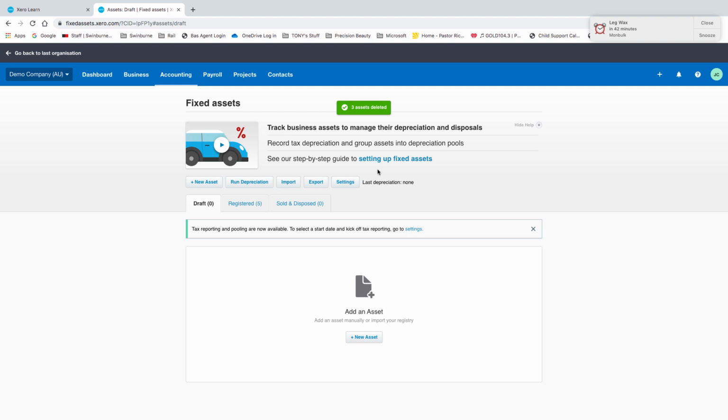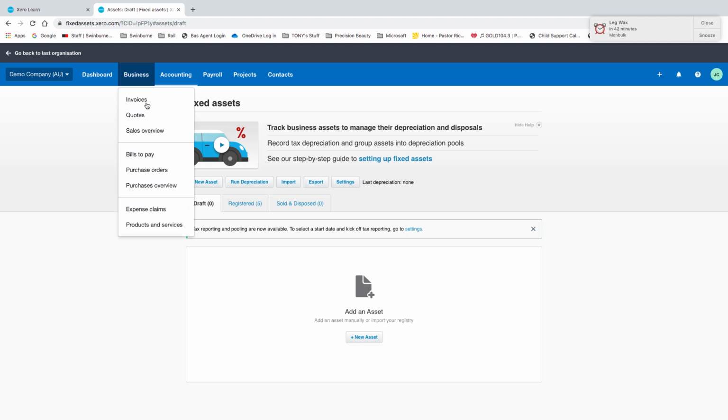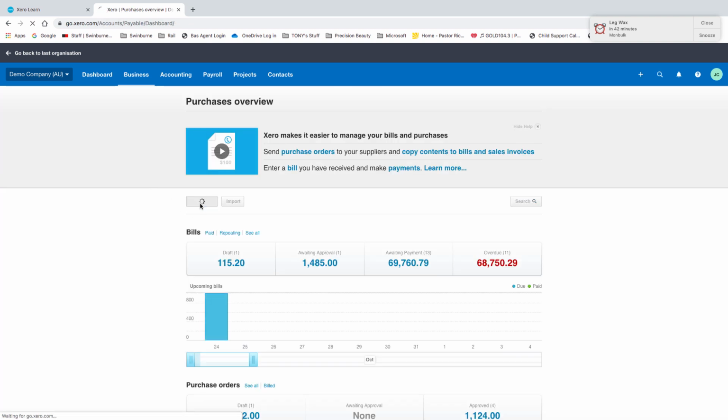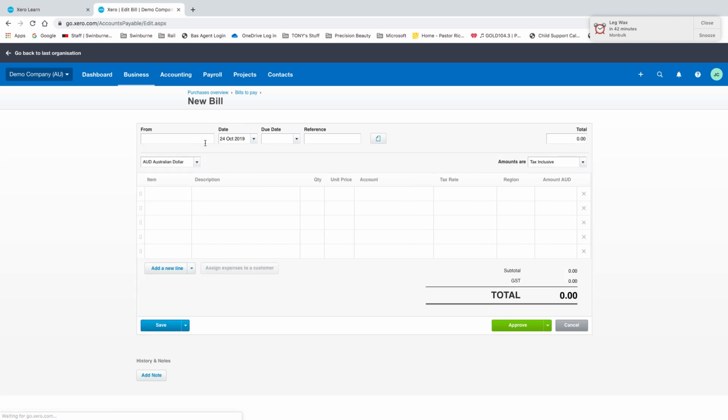So let's do that again for another asset, business, purchases overview, new purchase or a new bill. This time I've bought it from PC Printing. I've bought it today, paid for it, not going to pay it till the end of the month. Reference was PC 456. Again, I'm not going to worry about the total, tax inclusive, and I have bought